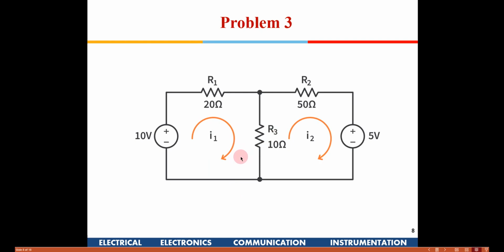The next one is a problem where we need to find I1 and I2, and we are going to use a simple KVL for that. There are 2 meshes here. This is one mesh and this is the second mesh. I1 and I2 are both given in the clockwise direction. Here it is assumed in the beginning that the current is going into the source, whereas here it is coming out of the source. So we need to be careful with the polarity signs when we write the equations, otherwise we are going to get wrong answers.